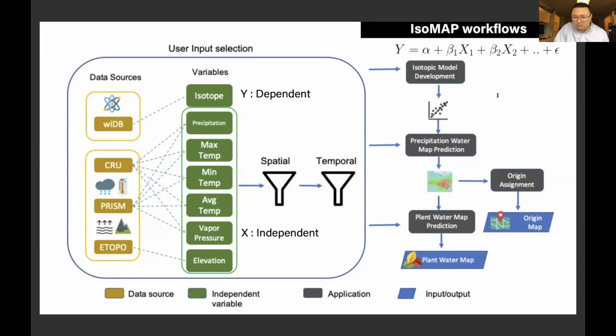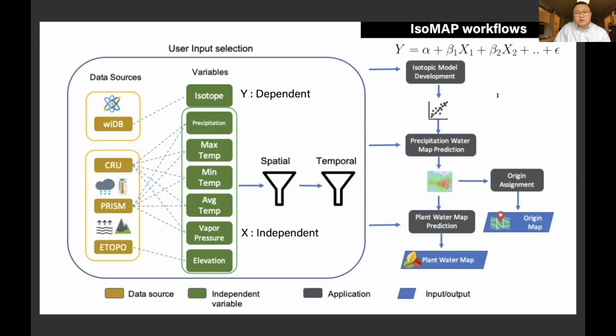So we choose the variable and data source. Although the researchers can use all the past historical data, they may only be interested in a certain time and area of the data to form their models.